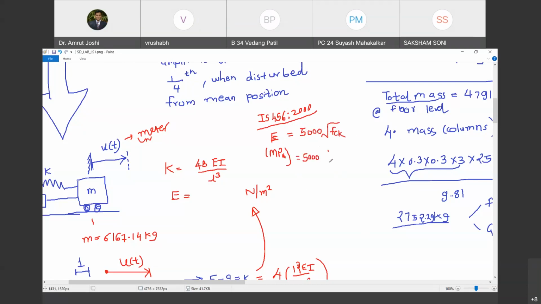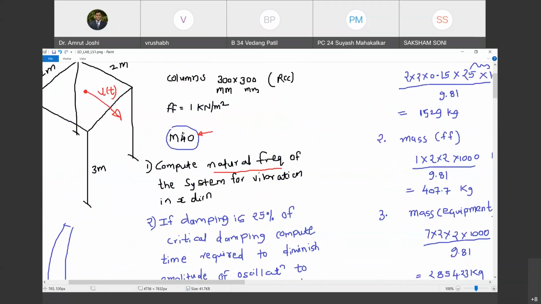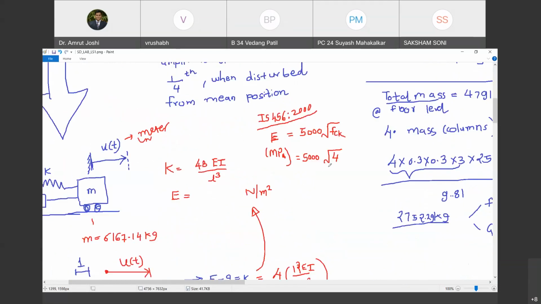Vedant? Yes, sir. So what is the value of FCK? FCK in this case is the characteristic compressive strength of concrete, and that is given as 40. M40 stands for, M stands for mix, 40 stands for characteristic compressive strength. Characteristic compressive strength is that strength below which not more than 5% of the test results are expected to fall. So given all that, for M40, FCK is 40 MPa.